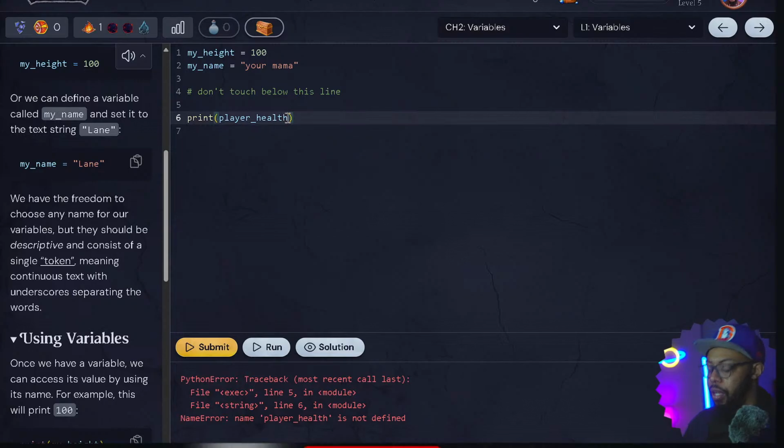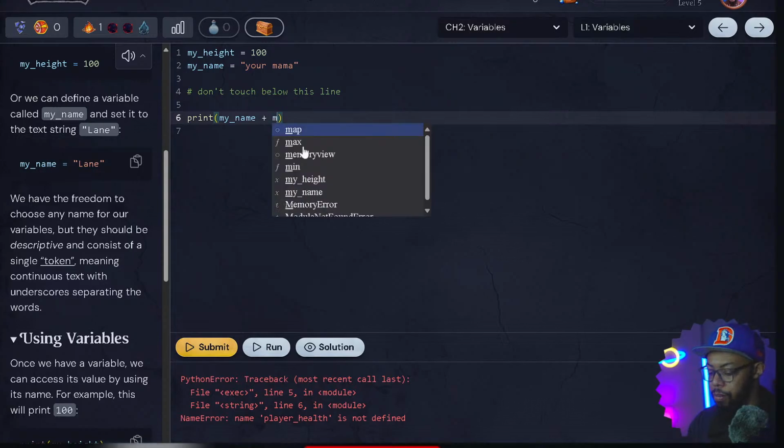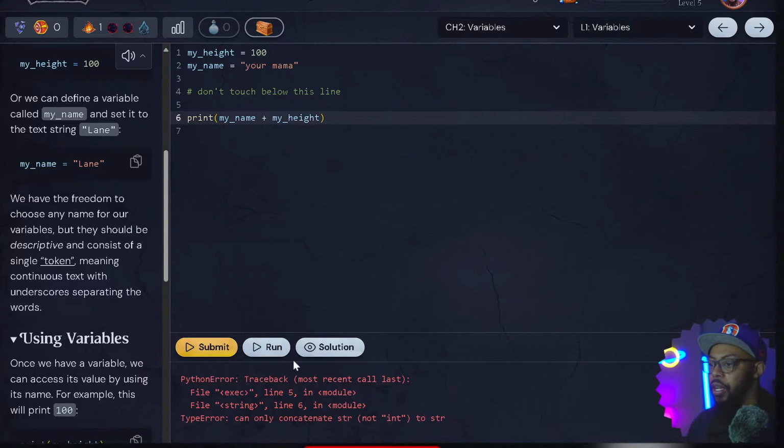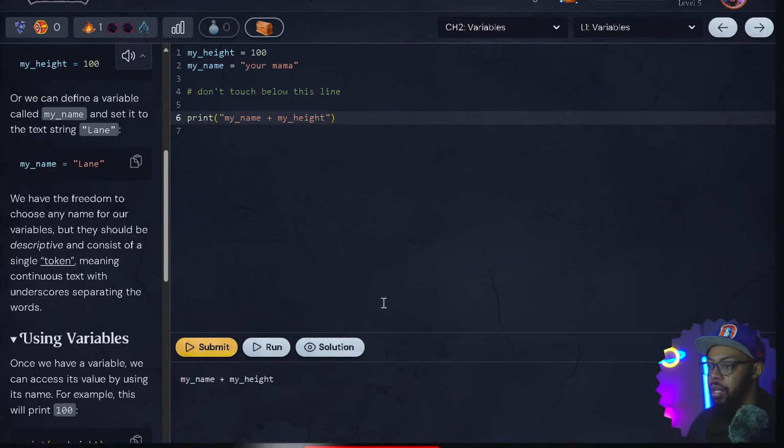We'll print my name, and then we could put a comma or plus, and then my height, and then we can run it. Ah! They lying. Let's see, what does it say? Hold on, I want to see what's going on. There we go. My bad. I didn't put it in the quotes. It told me. So if you go back,